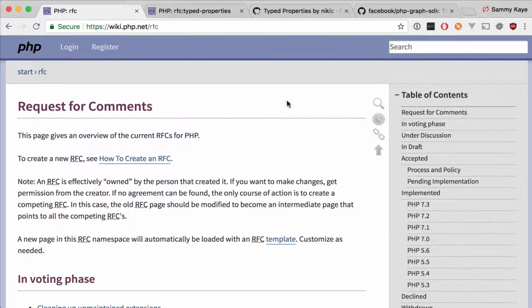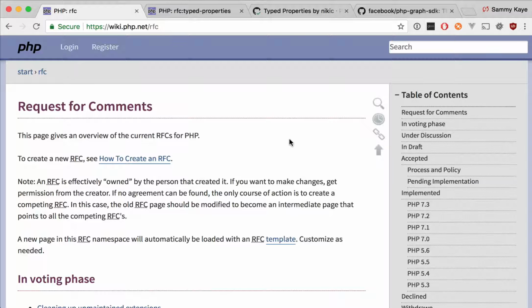Hello, I'm Sammy K. Powers, and today we are going to be looking at a feature of PHP that hasn't even been released yet. I want to show you the process of being able to look at features before they're even part of PHP so that you can test them before they're released to the general public. The way that we're going to do that is we're going to start at the very fantastic